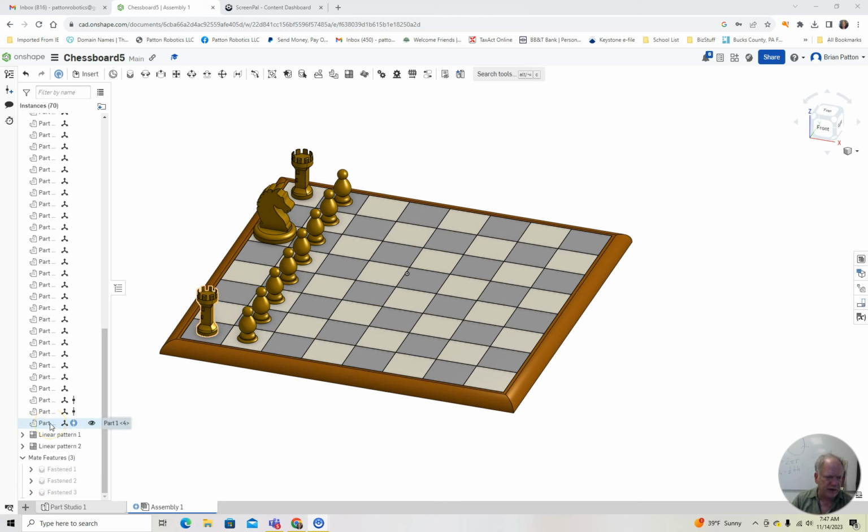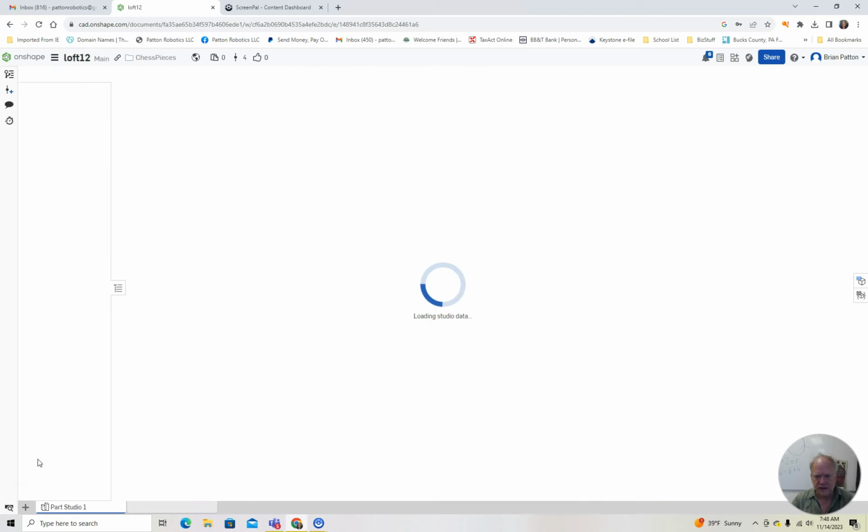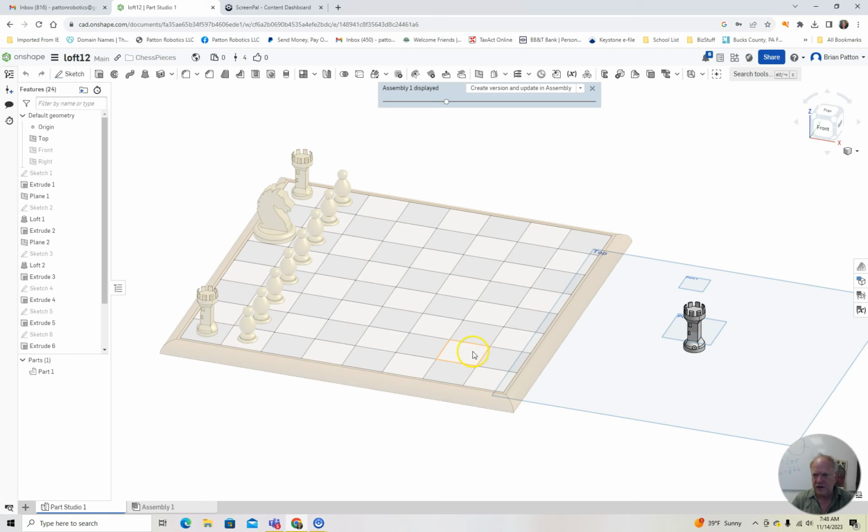So let's say I want to make another rook. All right, so I can select that part. I can literally just Control-C, copy, and then you'll see my one over here. I can click and just Control-V, and now I've got a piece right there that I can manipulate. And it created a new one down here. So if I double-click this, it's going to take me back to that editor. And I can select the part,